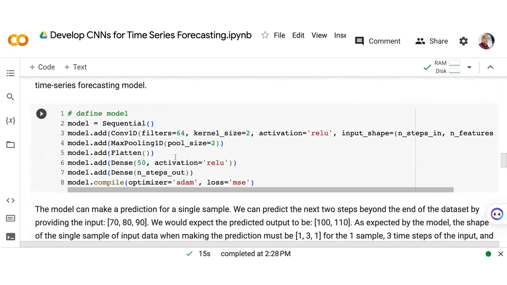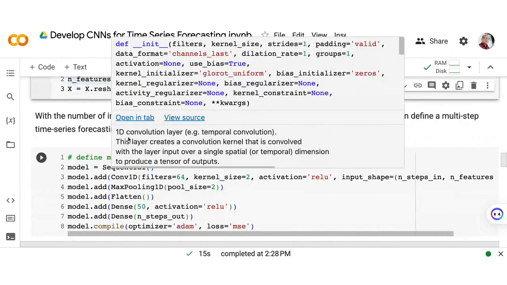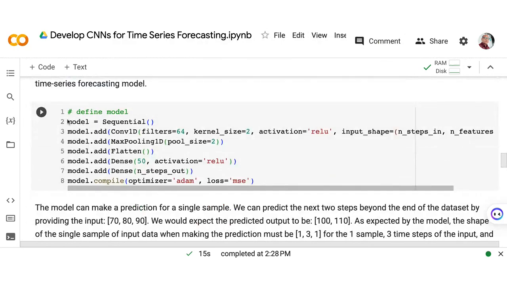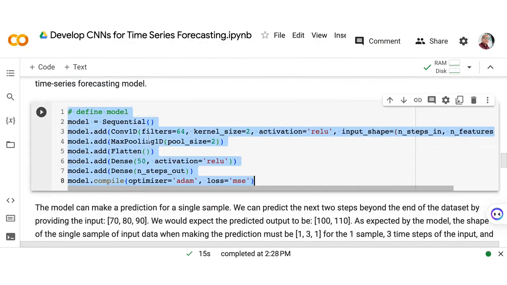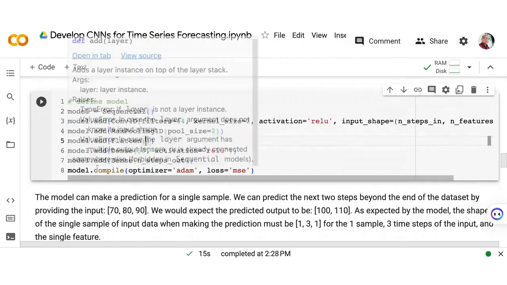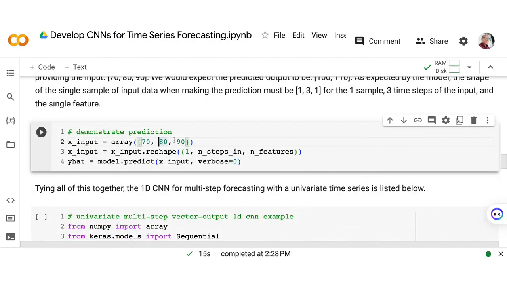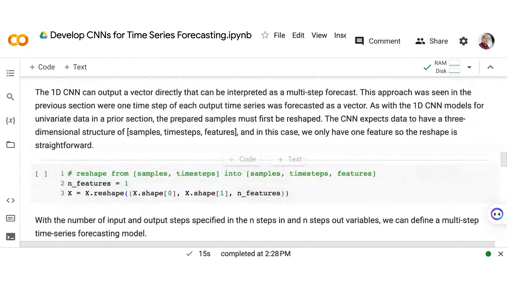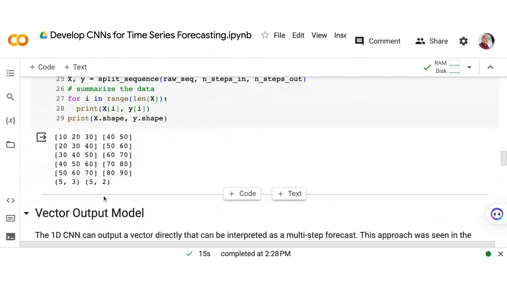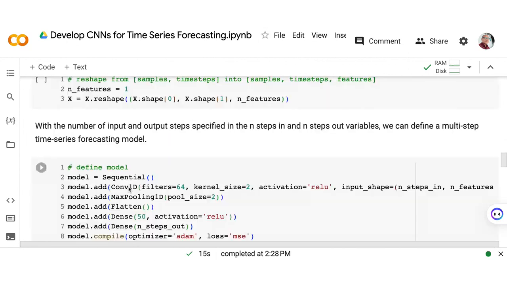And this is our convolutional neural network model, which is simply the model that was presented way back. And now this is our prediction demonstration. If you have 70, 80, and 90, what should our expected output be equal to? I think it's going to be 90 and 100.